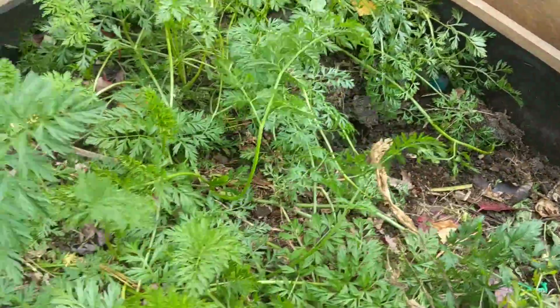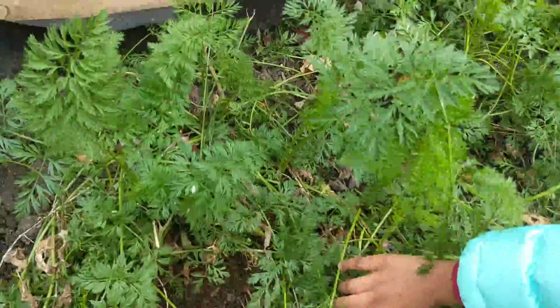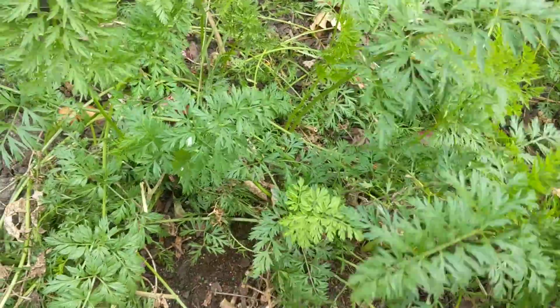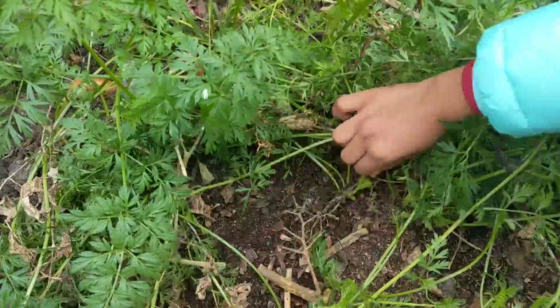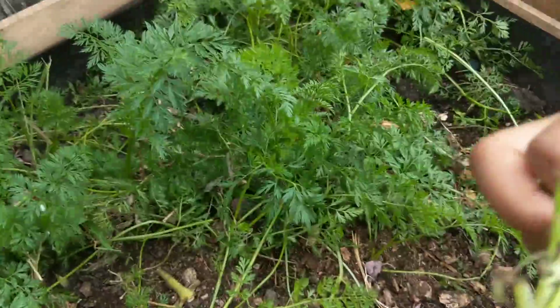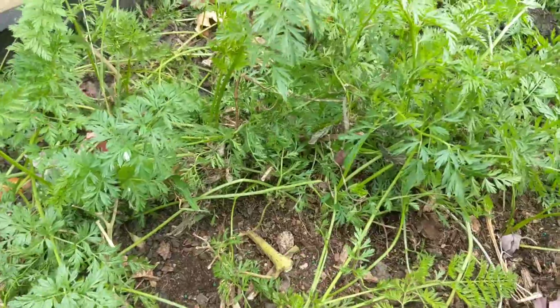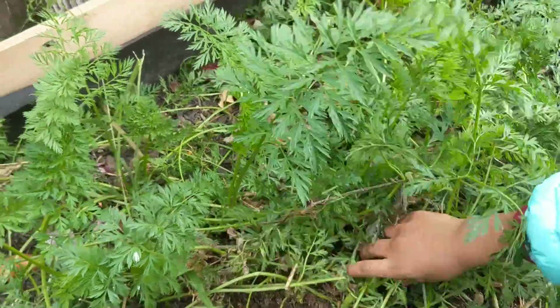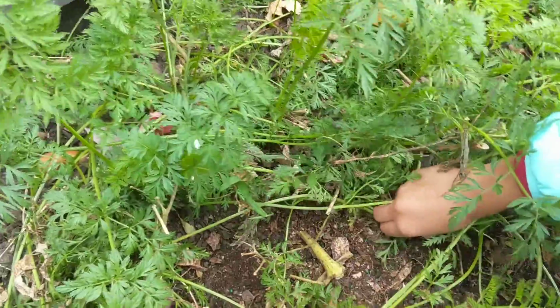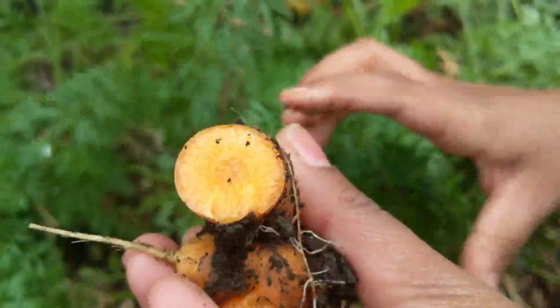So we planted them in early summer. I literally had it transplanted multiple times. This was one of the new beds that we created. As and when I got space, I tried transplanting them. Typically it's said that once you transplant carrots they don't grow, but that's not at all true. I did get really huge ones. We did break this, but